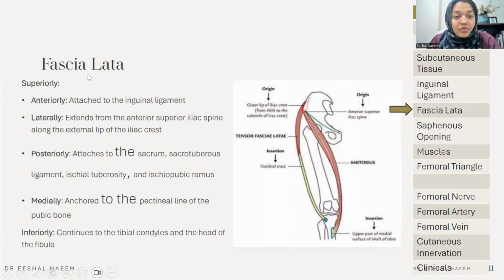Now, moving on, the fascia lata superiorly is attached to the inguinal ligament, laterally extends from the anterior superior spine along the external lip of the iliac crest, posteriorly attaches to the sacrum, the sacrotuberous ligament, the ischial tuberosity, and the ischiopubic ramus. We're basically following the borders of the ilium and the ischium posteriorly. Medially, it's anchored to the pectineal line of the pubic bone. This was the same area from which the pectineus muscle was originating, and inferiorly it continues to the tibial condyles and the head of the